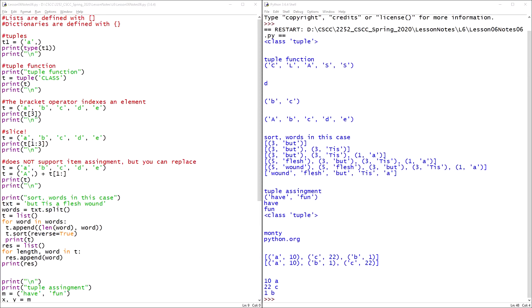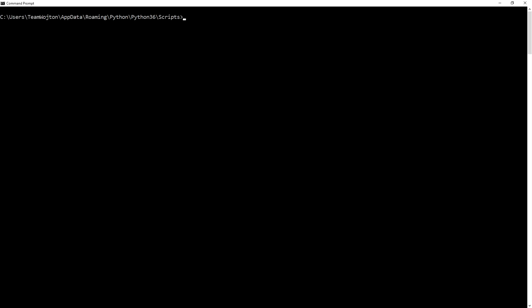Now, tuples themselves are immutable. That means you can't augment them, but you can replace some values. Python has some different methods that we'll get into. But first I want to go over how we declare